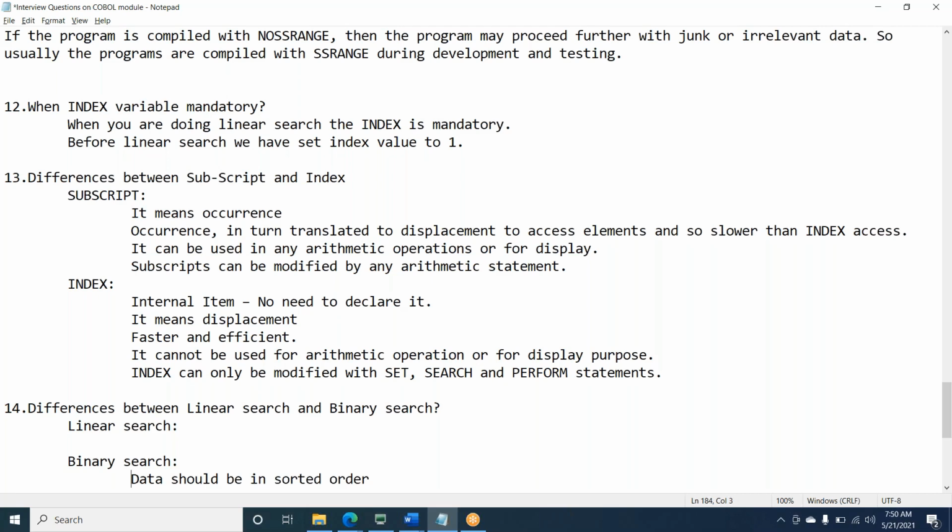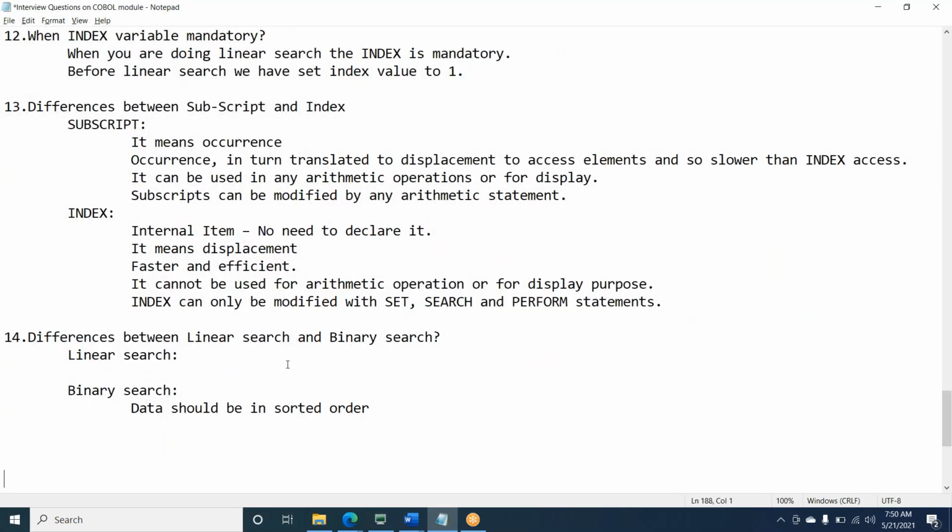Next. In linear search, the search will be sequential. In binary search, it will be random. So in linear search, data will be searched record by record.